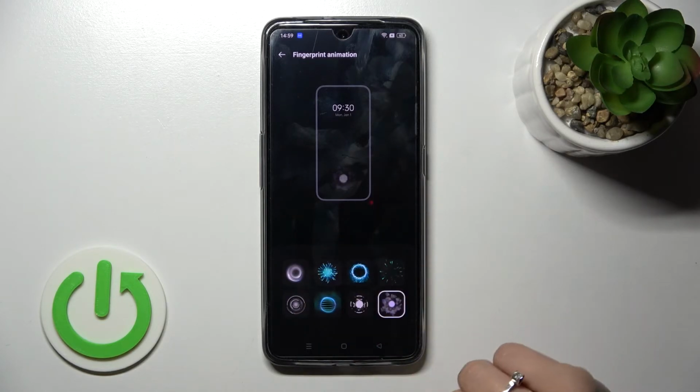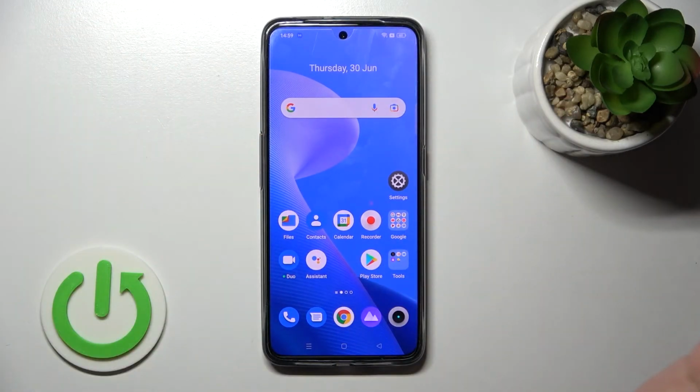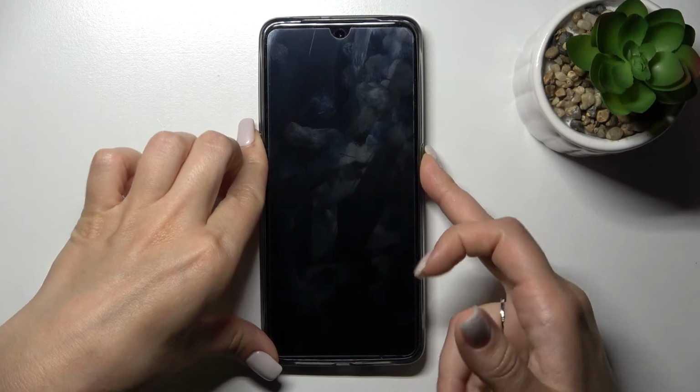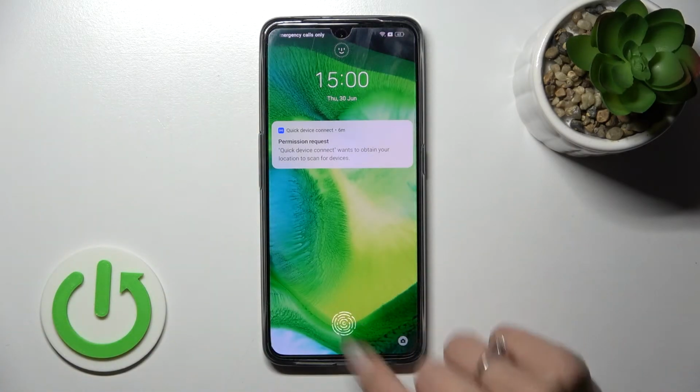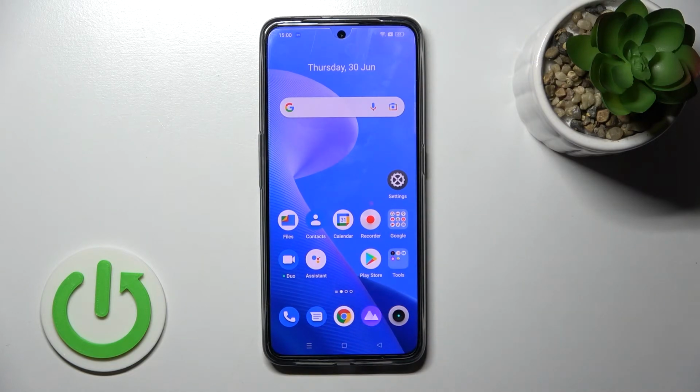So for example, I'll go with this one, and then to save the changes, tap on the home button, for example, lock the device, and now we can see that we successfully changed our device's fingerprint sensor